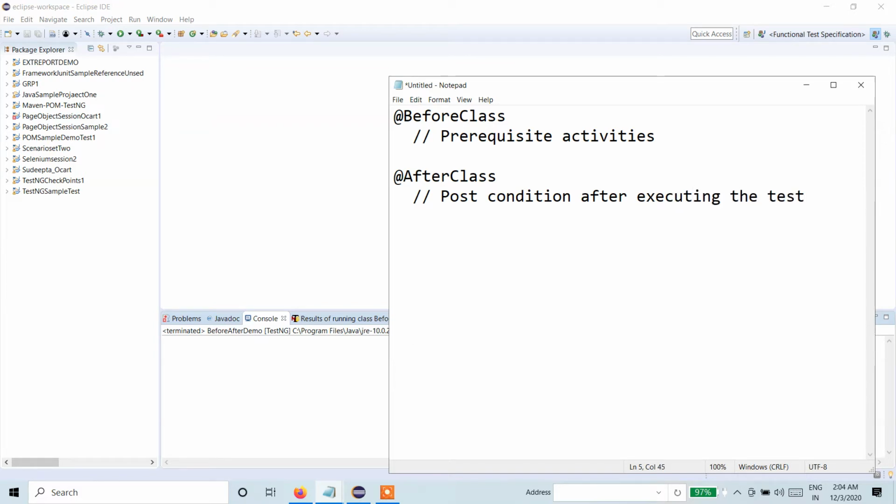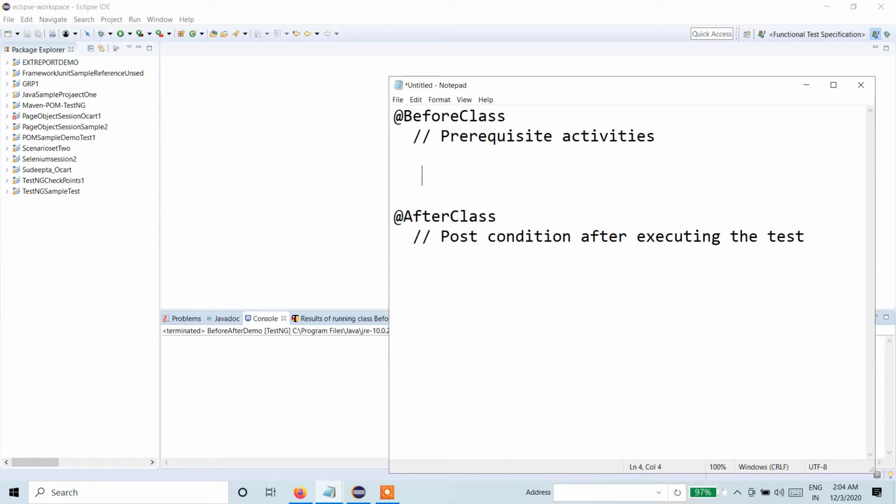So as it is all about preconditions or prerequisites and post conditions, all the post execution activities, the number of executions for BeforeClass is one. It will execute once before executing any of the test annotations. Fine.